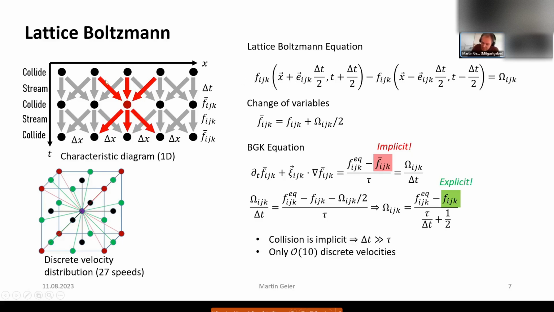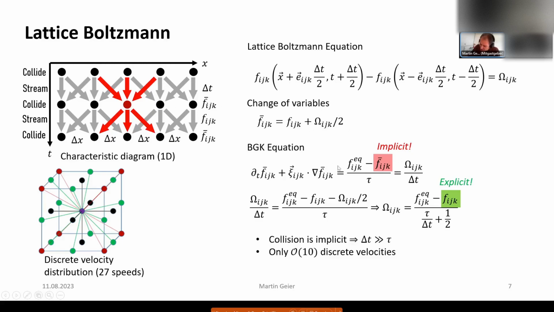Interesting is that the distributions that we have are not the distributions at the times of the collision, but the distributions in between. During the streaming, they are stored at half a time step and half a grid spacing. This leads to a certain change in variables. So this f with the overbar is the physical f in this case, and the f_ijk is the one that we have in the Boltzmann equation. And because we are not storing the data during the collision, we have to add here half a collision operator,